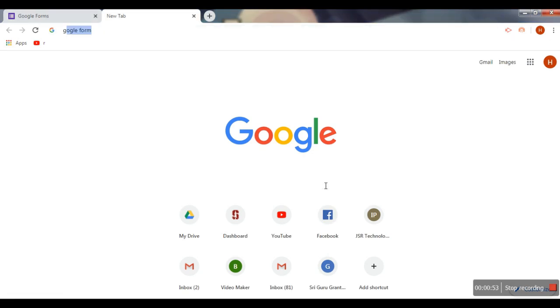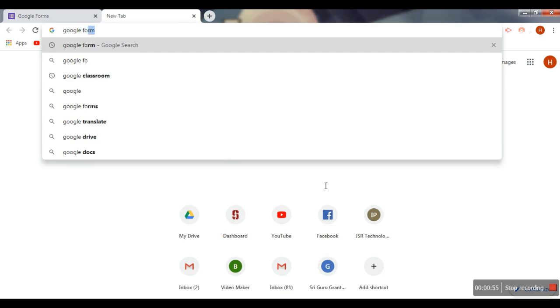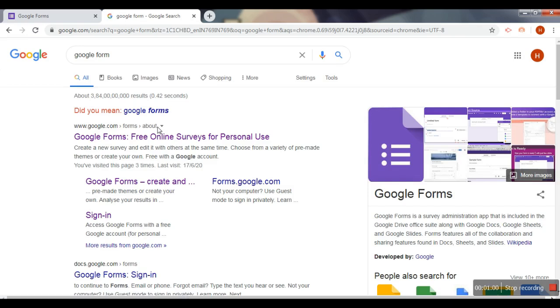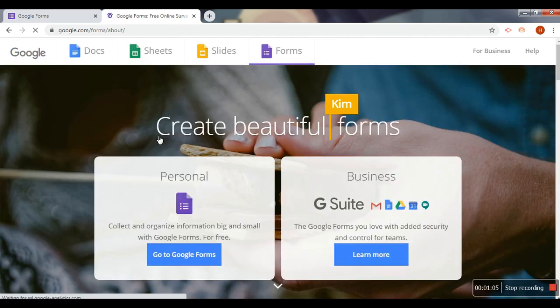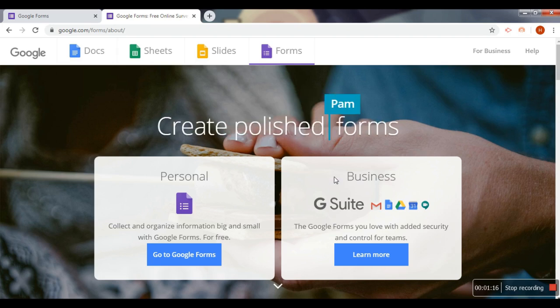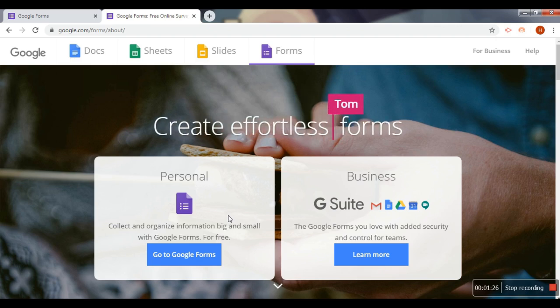To begin with, you will type Google Form in your Google Chrome browser tab, and when we click on Google Form we get a large number of links associated with your Google Forms. And then when you open, this is the home page of Google Forms. It has two tabs, one which reads as personal, the second which reads as business. So if you are using a G Suite account, that is an account which is used by professional organizations, then you can go for your business tab. Otherwise, with your normal Gmail accounts that we have, we'll go for the personal tab.